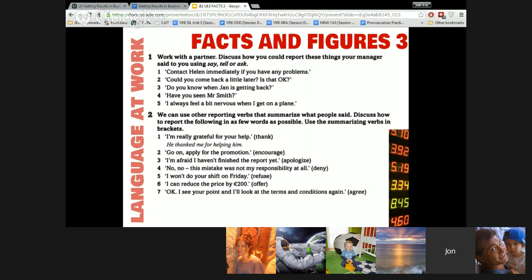So you have to use reporting words. In this case, if you use say, tell, and ask, it's good enough. There are other words we can use too. So Greg, imagine you had to report this to Cornell. Cornell's your colleague. How would you tell him that? I beg your pardon, I don't understand you very well. Do you want me to report in reported speech? That statement, yes, using reported speech. Cornell. Okay, Cornell.